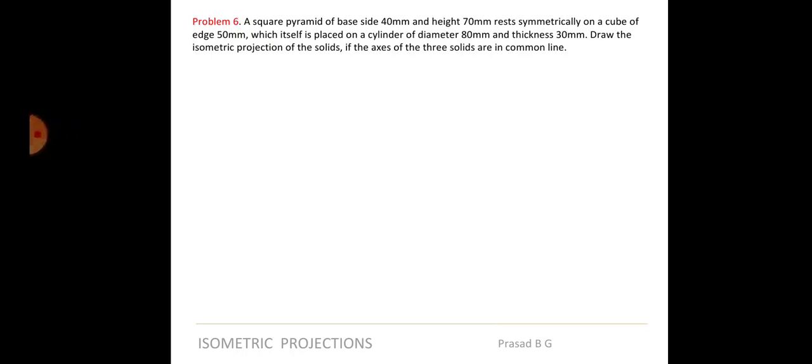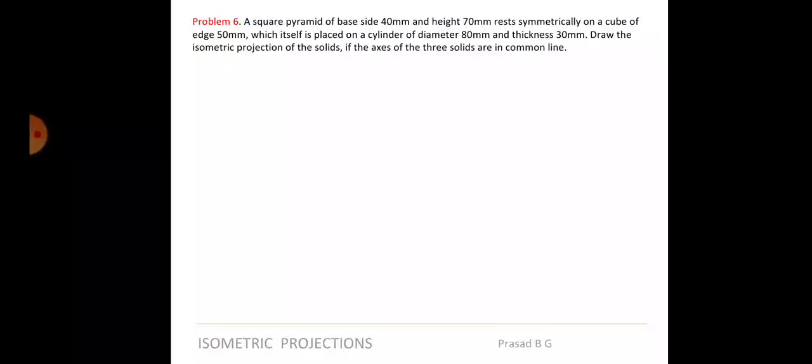So any question could come, but that is the reason I wanted to do this particular problem, because there are 3 solids in this. Even though there are 3 solids here, it is all easier. So you don't have to be worried saying that, okay, we are not able to do 1 or 2 only, then what is it, 3 solids? How can we do 3 solids? But if you really see, it is easier. You just need to know the procedure of how to do it.